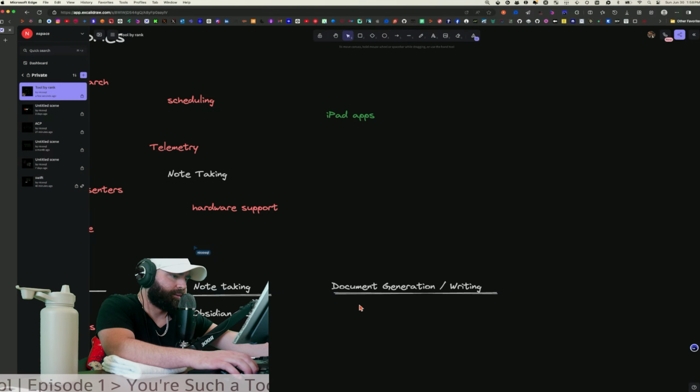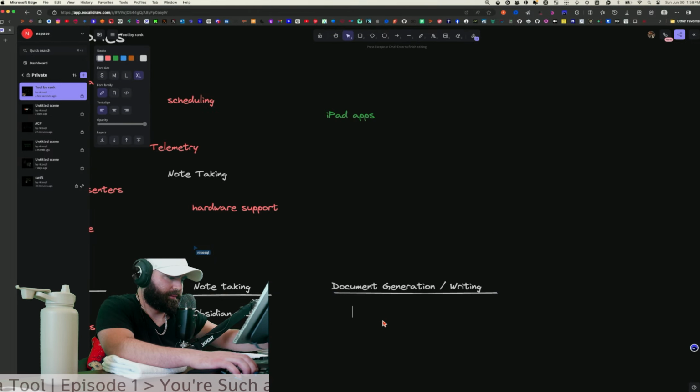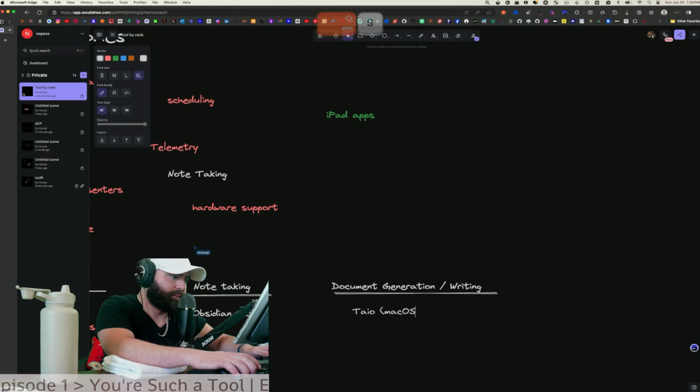So there are a number of these that are pretty cool that I want to show you guys. There's Tau, I think this is Mac OS only. Bear is also Mac OS only. Or I'm just going to say Apple because it's on iOS.